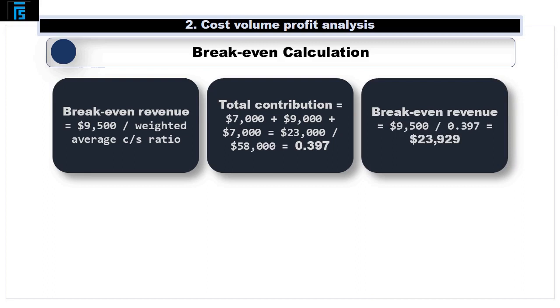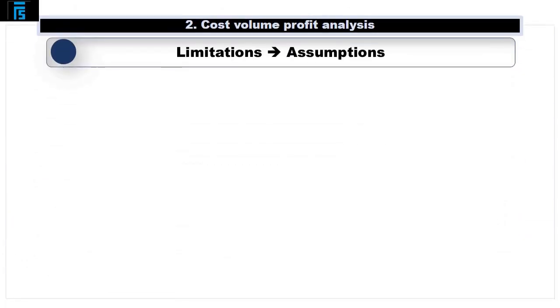This is different to the $16,000 calculated by the graphical approach, as this calculation ignores the ranking process and gives all products the same priority. The graphical approach is much more accurate and tells us that we can break even at a lower sales revenue if we prioritise production, as we will ensure that we maximise the contribution being made and therefore we cover the fixed costs more quickly. The final area that we need to cover on this video is the limitations of these